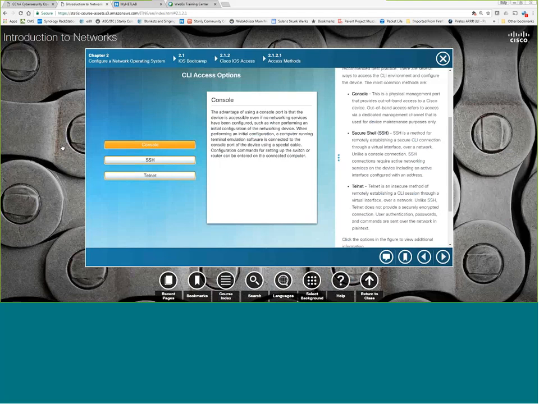UNC Chapel Hill. I went to NC State, so we would rather have red console ports, but